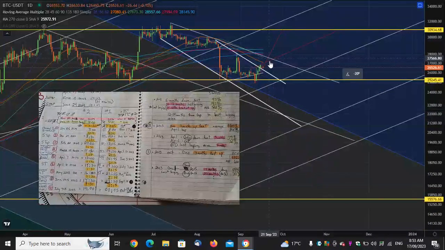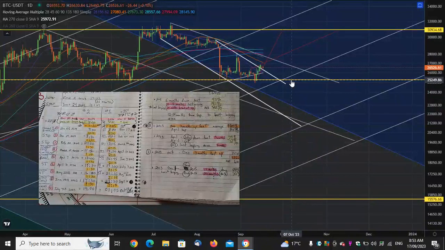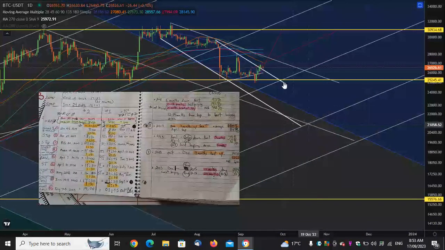If we were to suffer a reaction here and come back down and push below, and this became an overhead resistance, that would be very bad, and we'd be moving down to these levels. It's in the cards. However, we've been speaking about the scenario that this could move sideways